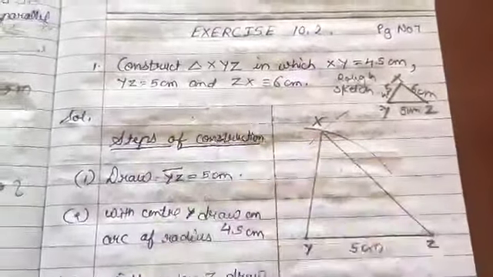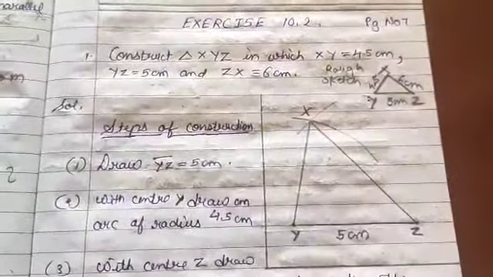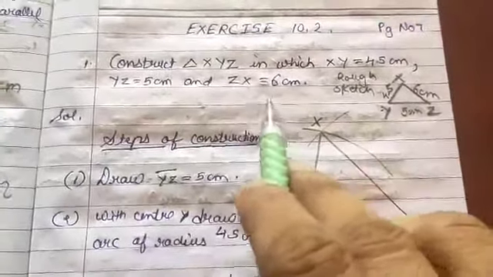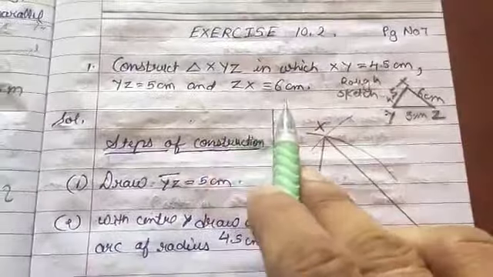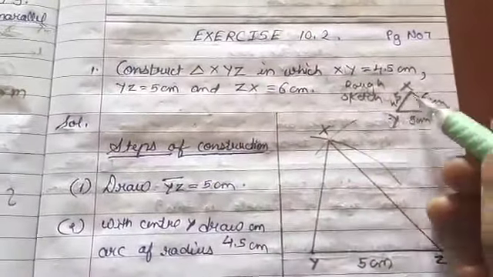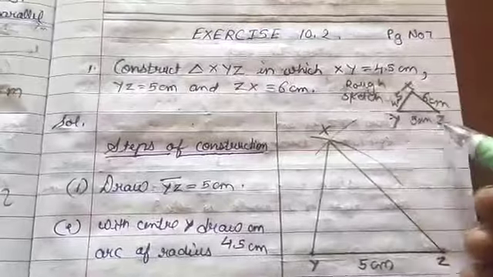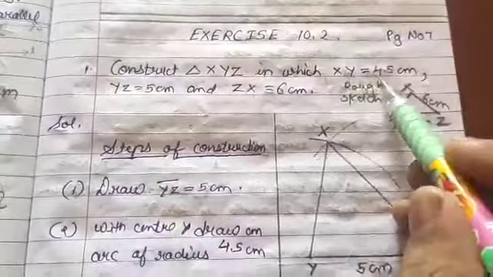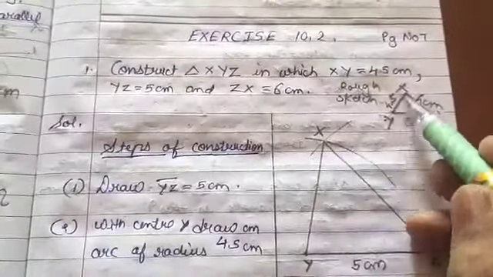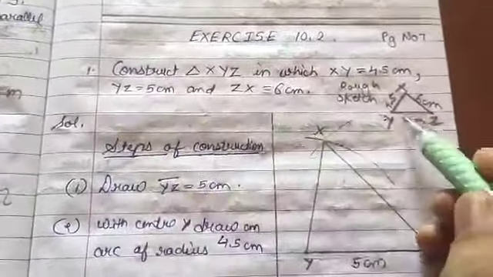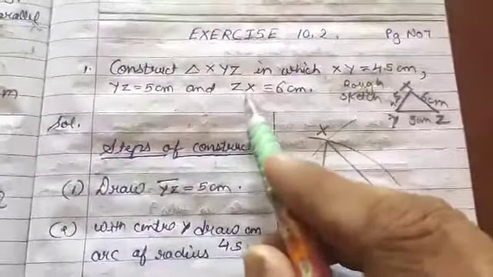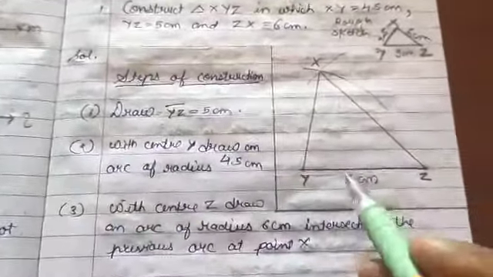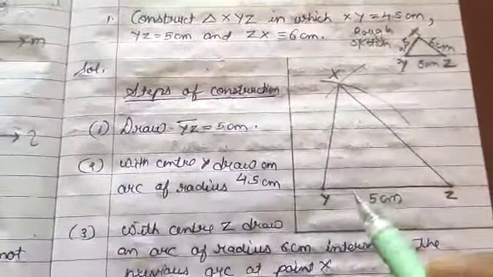centimeter. Now dear student, it is according to the property side of a triangle. So here the lengths of three sides of the triangle are given. So first you draw one rough sketch, name it XYZ, and place the lengths: XY equals 4.5 centimeter, YZ equals 5 centimeter and ZX equals 6 centimeter. Now according to this rough sketch, we will try to draw our main triangle.